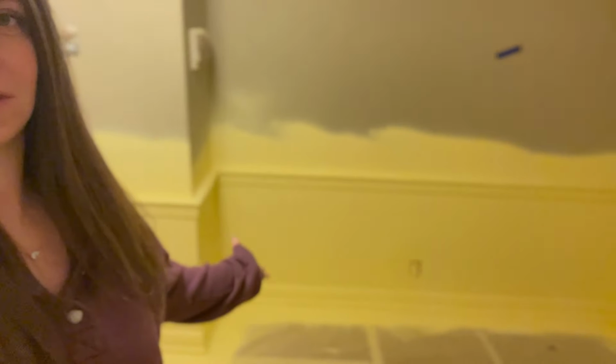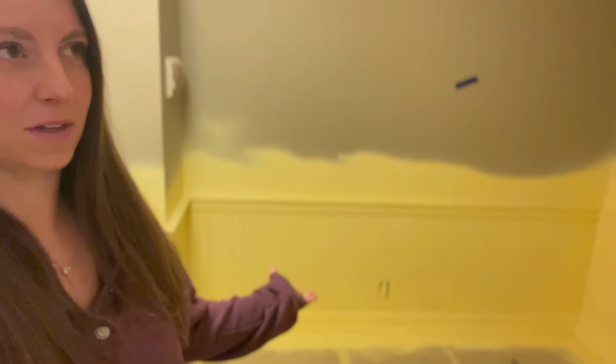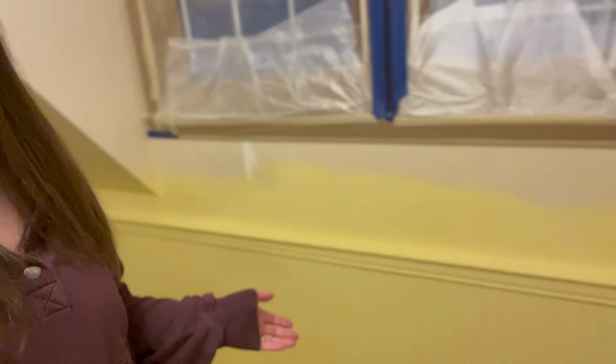Oh, I made a color mistake. I am discovering that choosing yellow paint is the hardest color to do. There are so many undertones. It takes on such a different look in different environments. So this yellow, it's Day Room Yellow by Farrow & Ball. It's what's painted all over the room,